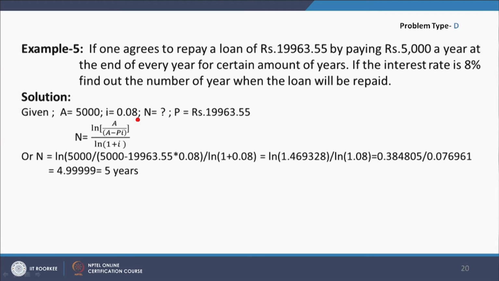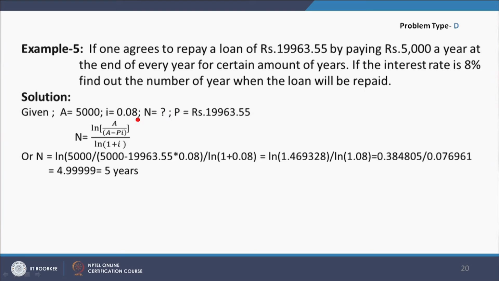Now, we see problem type D. Example 5. If we agree to repay a loan of 19,963.55 by paying rupees 5,000 a year at the end of every year for a certain number of years, if the interest rate is 8%, find out the number of years when the loan will be repaid. So, if we analyze it, we find that A is given, that is 5,000, I is given which is 0.08, N is unknown, and P is